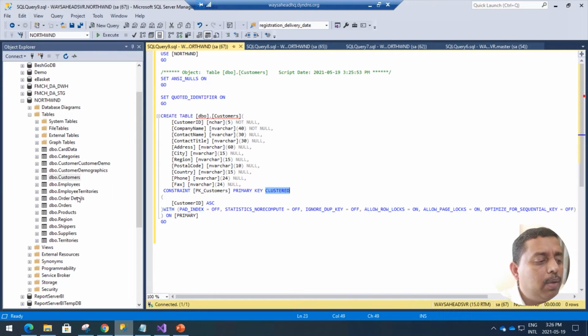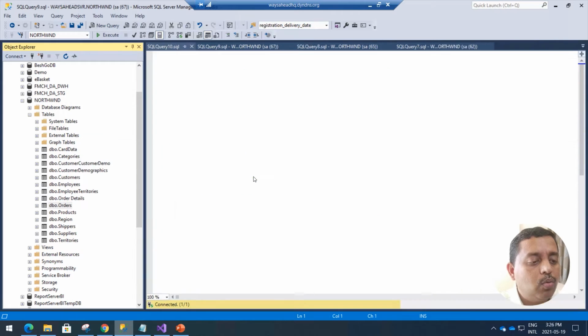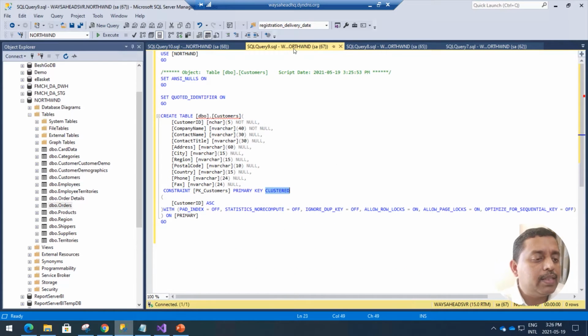Now take an example of, let's say, orders. I go to orders, go to create to, and I open this. Something interesting comes up. If you notice both of these tables, customers is more of nvarchar, meaning it is more of an attribute, right? Name of the customer, address of the customer, region, postal code, country, and all these are there.